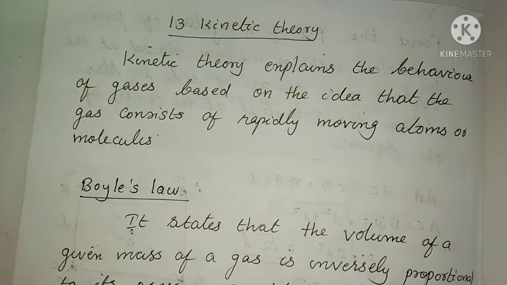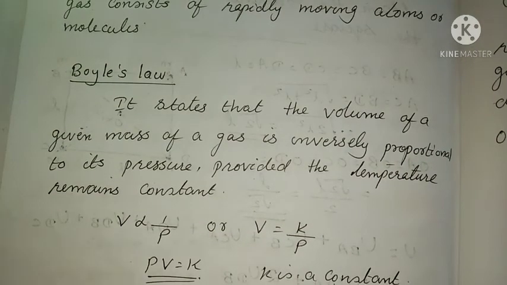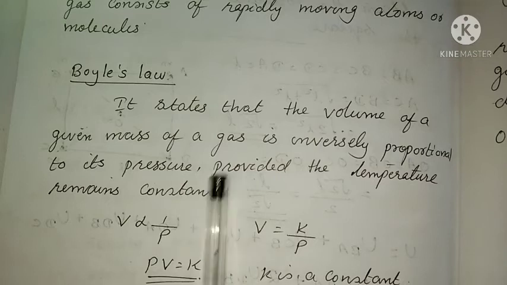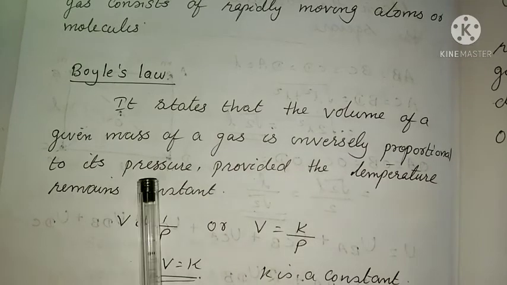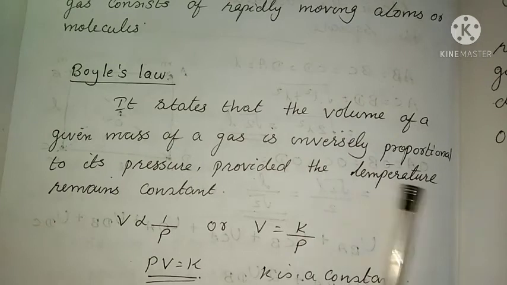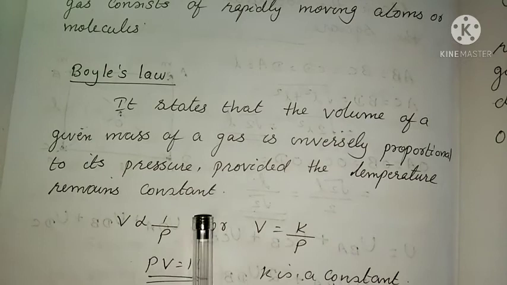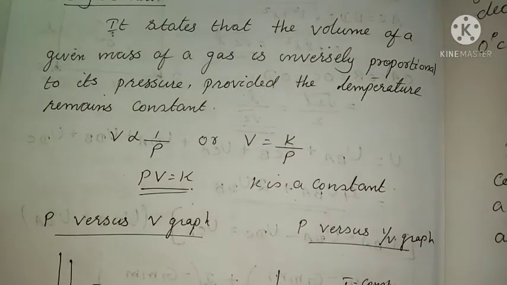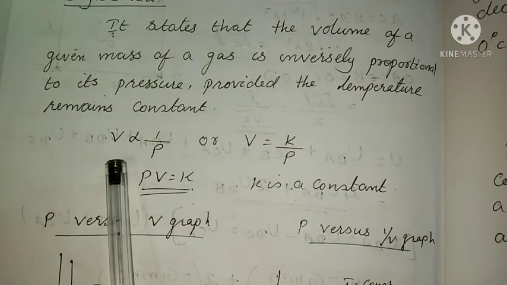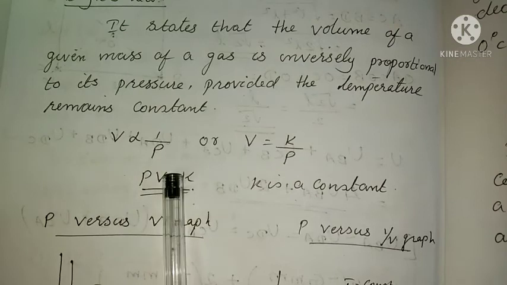First we are going to see some laws related to this kinetic theory. The first one is Boyle's law. This is a fundamental gas law discovered by Robert Boyle in 1662. It states that the volume of a given mass of a gas is inversely proportional to its pressure, and there the temperature remains constant. Mathematically, we can write V is proportional to 1 by P,